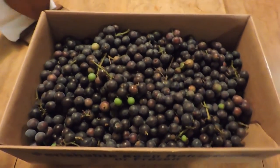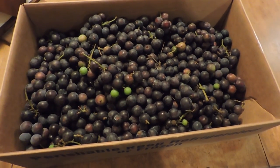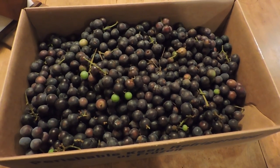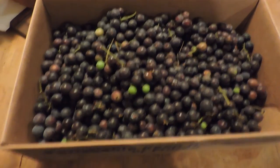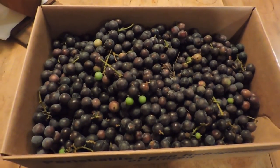Hi folks. Well, the grape harvest has begun. The grapes have started to come in a bit early. Usually it's the very end of August, but we're not quite there yet. But I looked a couple days ago and saw they were getting ripe and started picking tonight. Yeah, there are a few green ones in here and so on, but by and large the majority are ready